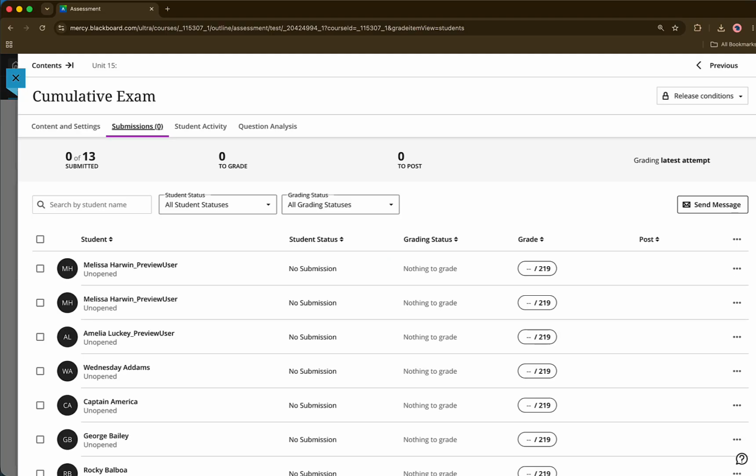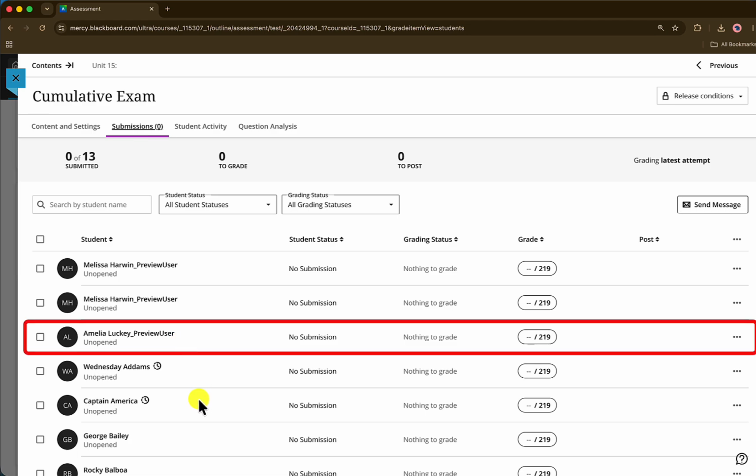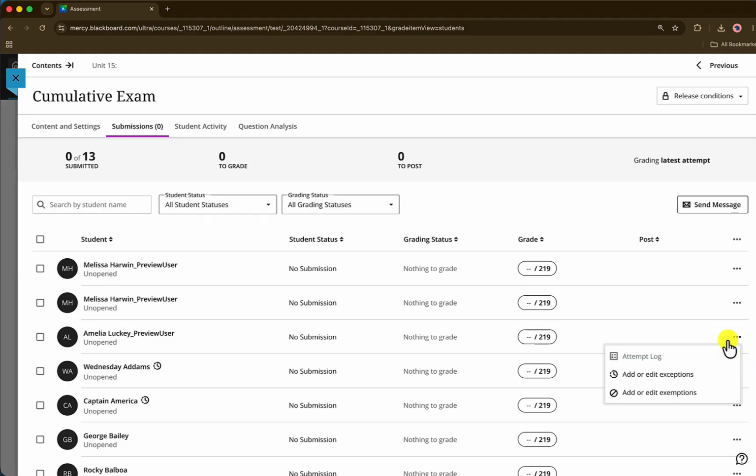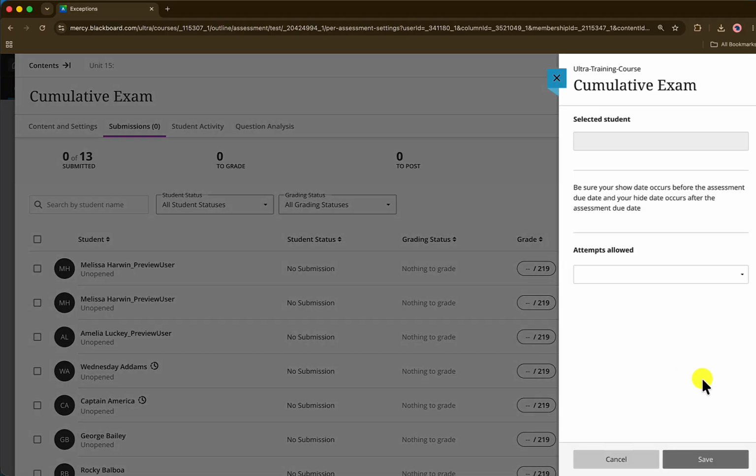All right, so my roster has loaded, and then you want to locate the student who needs the release conditions extended for them. Once I have located the student, I'm going to go all the way to the end of their row, and I'm going to click on the ellipses. And then once I've clicked on the ellipses, you're going to see this pop-up window appear. What you want to do is click Add or Edit Exceptions,